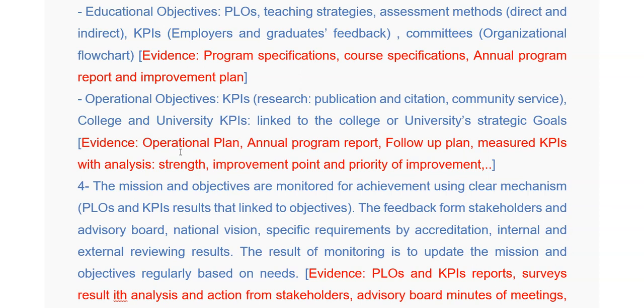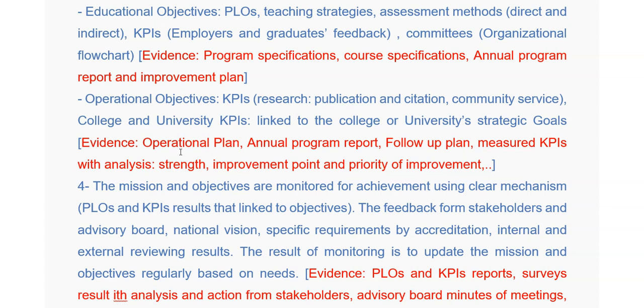They are linked to your activities in your operational plan. Based on your operational plan, you are trying also to achieve these KPIs. Achieving these KPIs that are related to the university and college is important. This is to show you that, as a program, you are a part of the college and university, because as you know, some KPIs are measured at program level and can be the same KPIs measured at college level